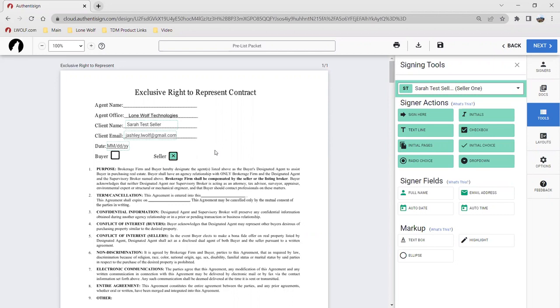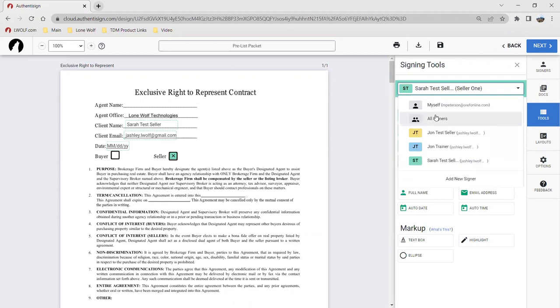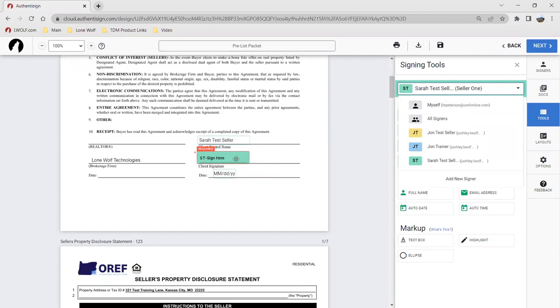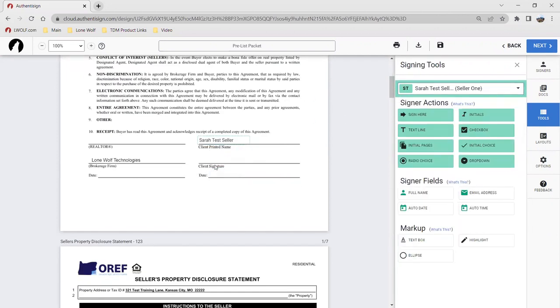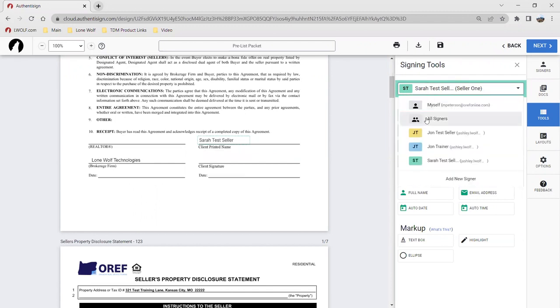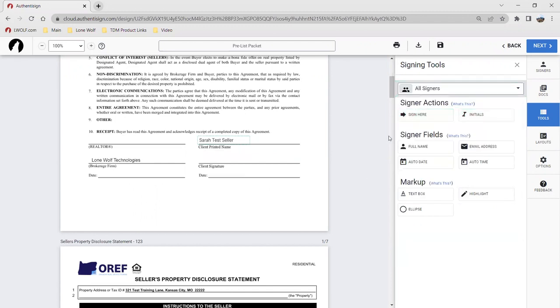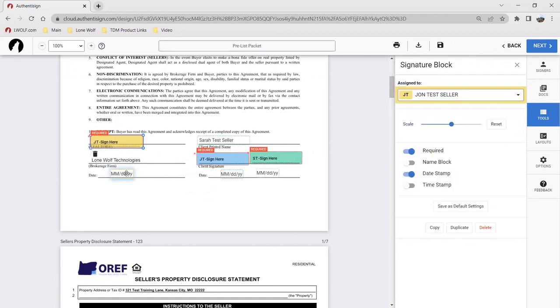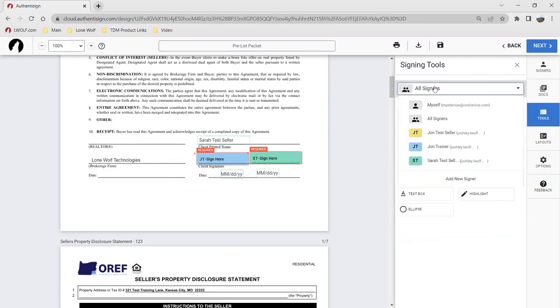All right, moving ahead. We have additional signers here. One really cool feature is all signers. In this instance where both my clients need to sign, I could instead go here to all signers, push sign here, and it will add all the signatures for every single signer at the same time. That's a really neat feature to save yourself a little bit of time. I'm going to delete that though, because I want to talk about